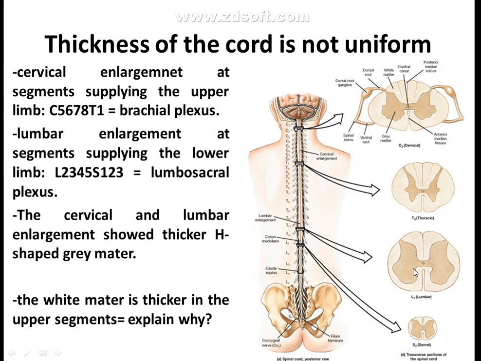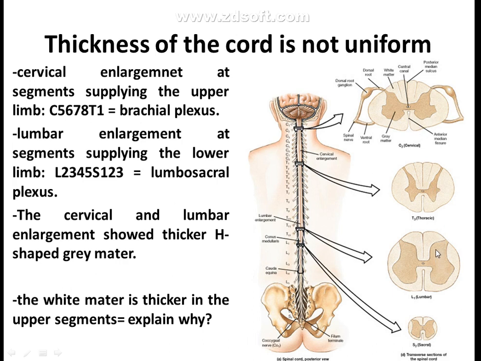Thus also the ventral horn of the H-shaped gray matter is of massive function and contains many neurons, because these segments L1, 2, 3, 4, 5, S1, 2, 3 give rise to the lumbosacral plexus that supplies the lower limb. So a large ventral horn in these segments leads to a large spinal cord, which is called the lumbar enlargement in this region. But if you compare the lumbar enlargement with the cervical enlargement,